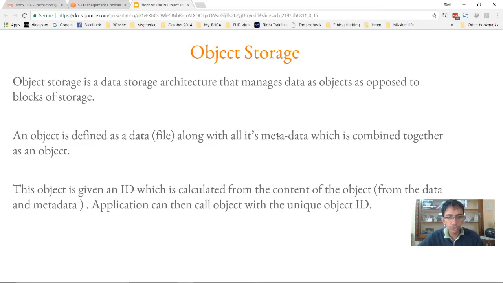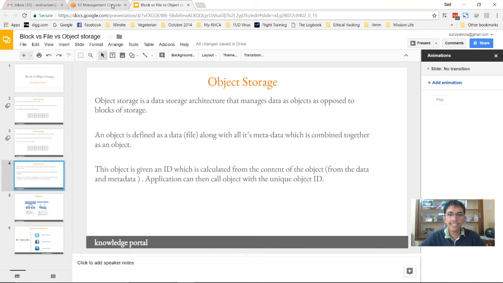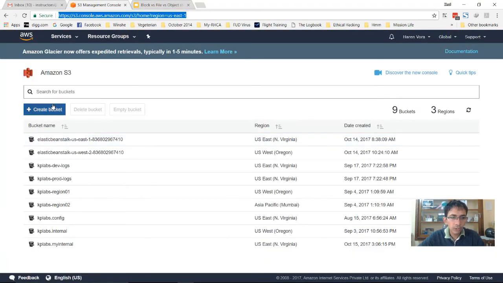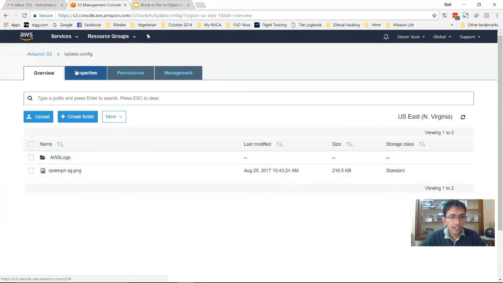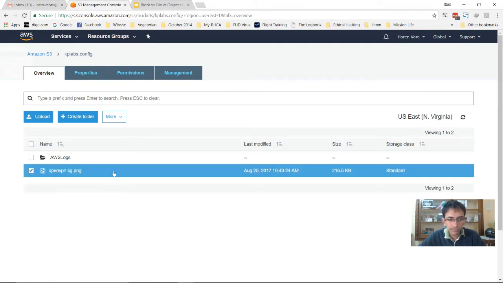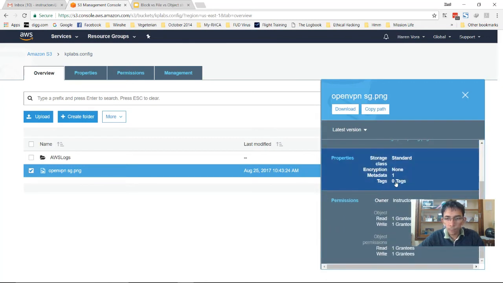So let me show you this. AWS S3 is a type of object based store. So when I go to AWS S3 and open up any bucket, I have a .png file over here, and if I click over here, within the properties you find that there is metadata attached.